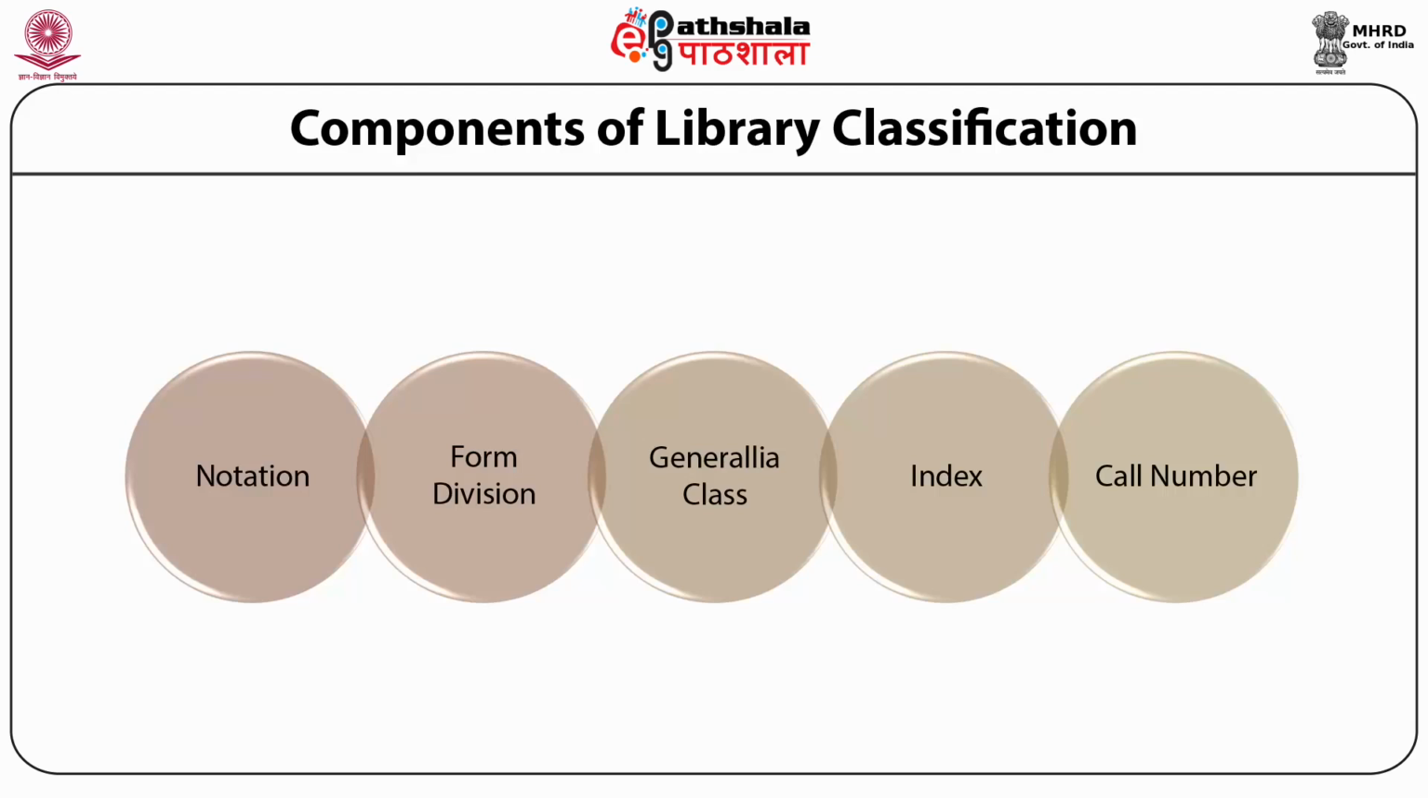Next is generalia class. There are certain books such as encyclopedias, bibliographies, and collected writings of an author which cannot be classified under any specific subject, as these cover all subjects available anywhere, everywhere. Hence, these are classified under generalia class. Next is the index. Index is an essential component of any scheme of classification, which is provided at the end of the scheme. It is of immense value to the users of classification scheme, especially for handling the classified part